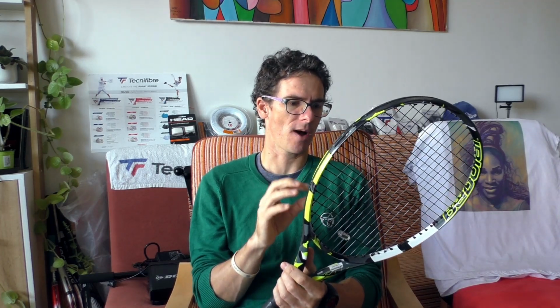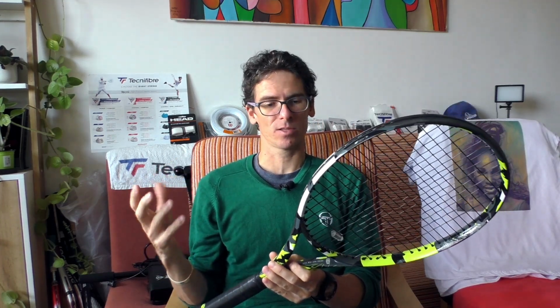like so much. So I know that many people pointed out in the reviews that they are not switching to the newest version of the Pure Aero because there is something weird about it. They play with the previous generations, but this one is different, and yes, it is, and I believe it is the stiffness. But I need to hit with the racket more for a longer time with much better opponents, because